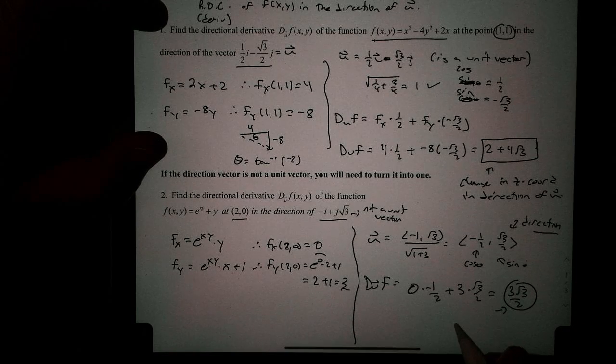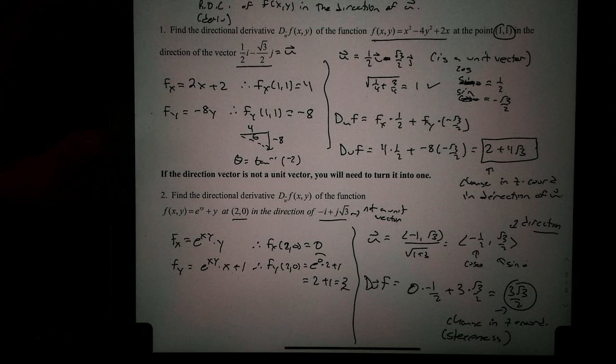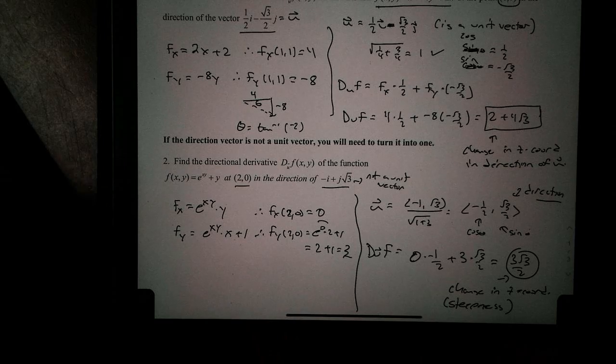Remember what this is? This is the change in the z-coordinate. In other words, it's the steepness at that point. It's that steepness at the point that we're looking at right there. All right, so